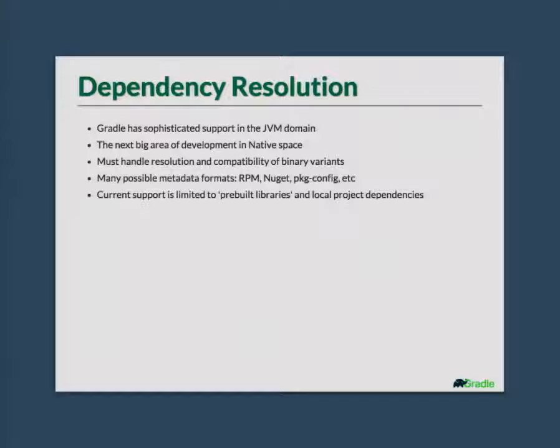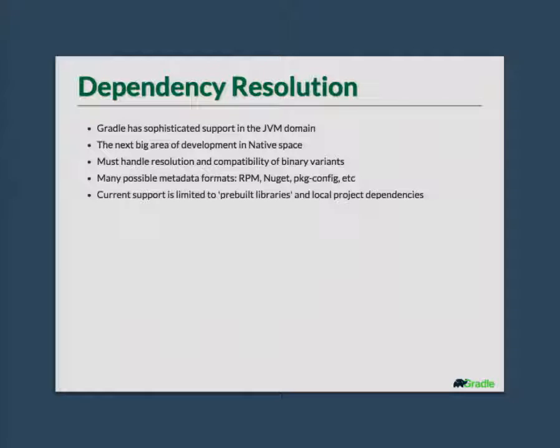So in this next section we're going to talk about our external dependencies. We've seen how we can have two different projects or two different components inside Gradle have dependencies on each other. But the next thing up is, if you look at the JVM domain, we can say I want to depend on this library that somebody else has built, someone's published into Maven Central. I want to go download it and compile against it. So that's the next big thing that we need to add for the